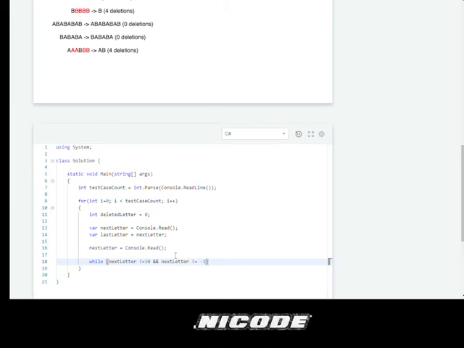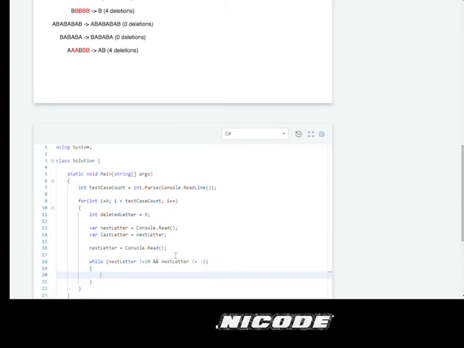Why do we do this, you ask? Well, there's special handling for the HackerRank execution environment, and I think that, yeah, 10 is ASCII code for the line. They use the \n character for the end of a test case, and then -1 for the end of the file. So we're basically trying to read the line. So while next letter is not equal to 10 and next letter is not equal to -1, is basically saying when it's not, if it's not at the beginning of the line and it's not at the end of the line, then run this program,